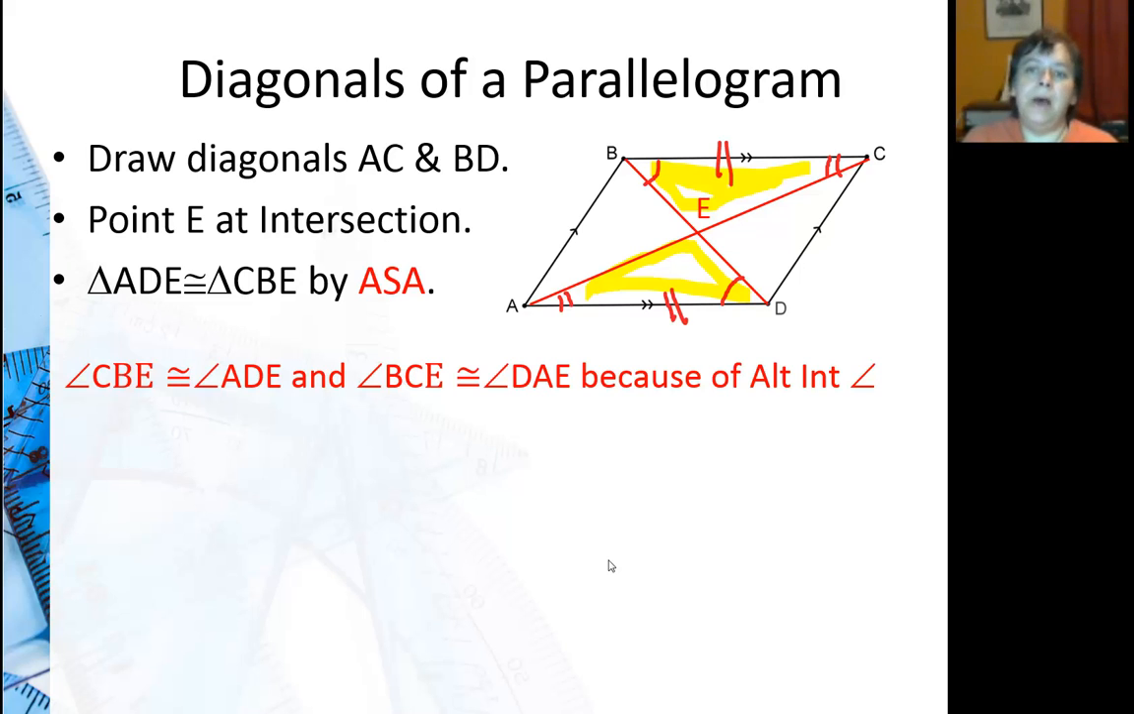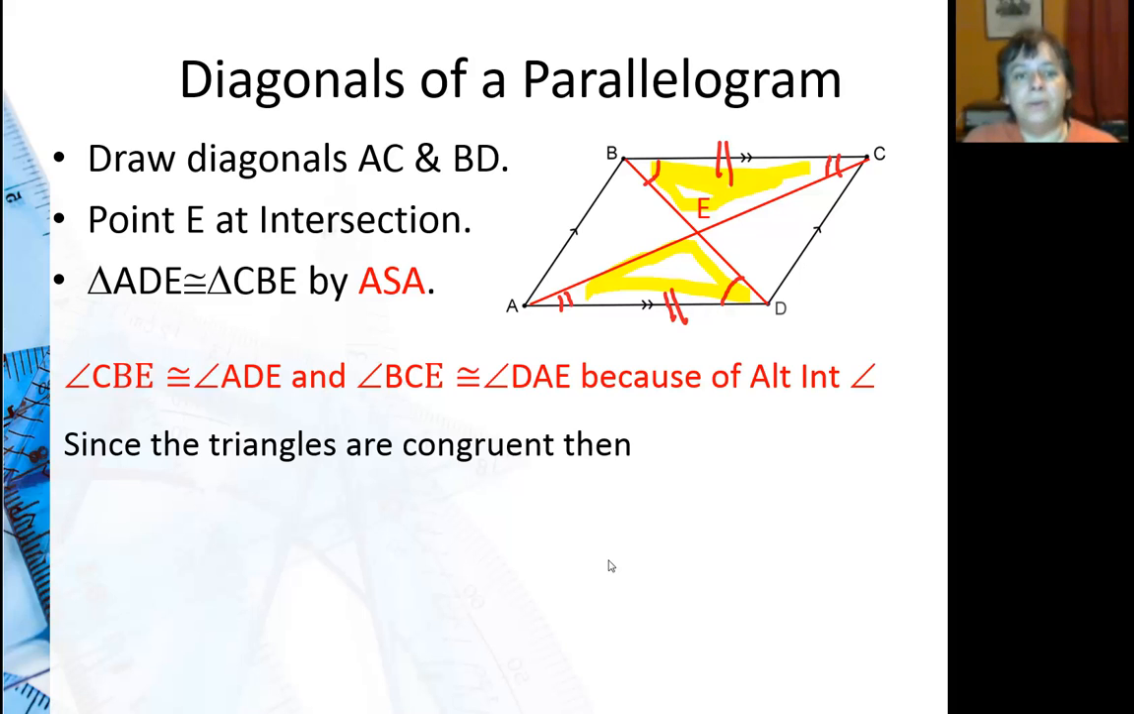I also know that opposite sides of a parallelogram are congruent. We just saw that at the beginning of our lesson. So by angle side angle, the triangles are congruent. And since the triangles are congruent, then I can say that BE is congruent to ED by corresponding parts of congruent triangles